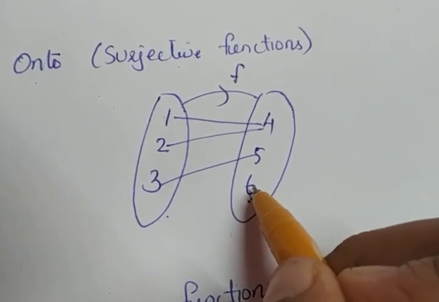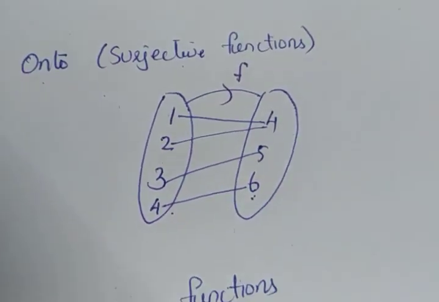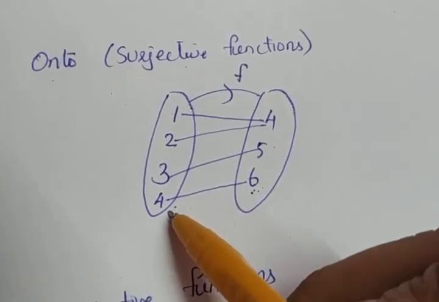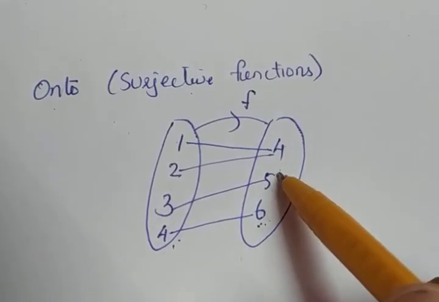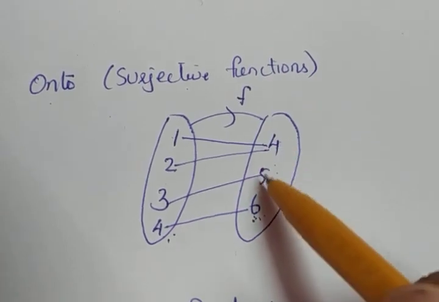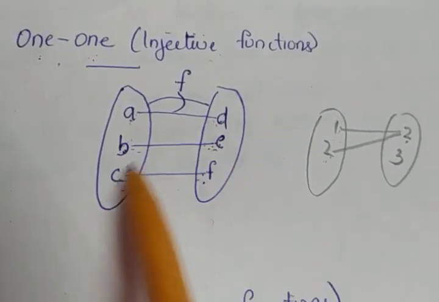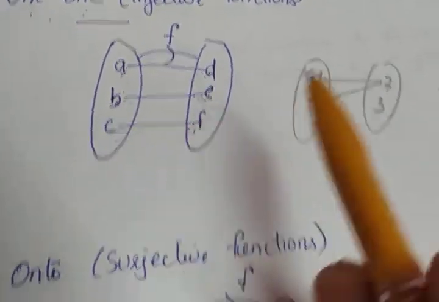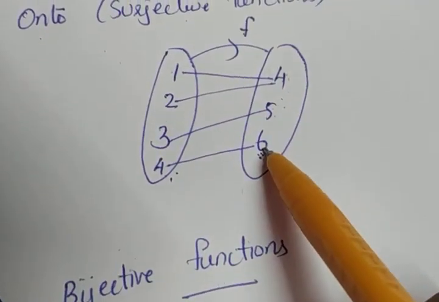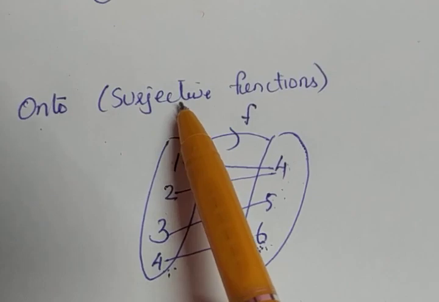If this function needs to be a surjective or on-to function, what we need is that all the elements in the second set have a pre-image. So on-to function means each and every element of the second set must possess a pre-image. Otherwise, each and every element must be an image of the first set. That is the condition. 1-1 means each and every element must possess different images, so 1-to-1 correspondence must be there. On-to means all the elements in the second set must have a pre-image. Clear? Another name for on-to function is surjective function.